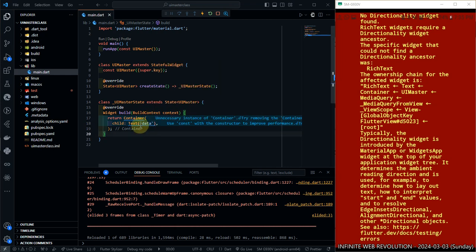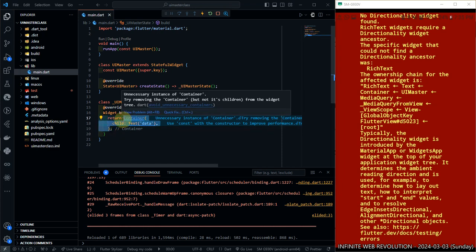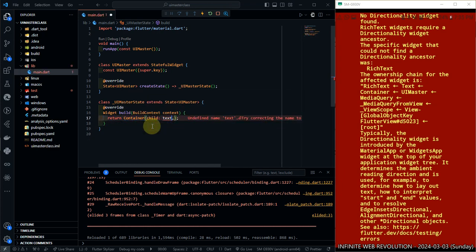Because we need a scaffold. We need to have our screen set up. Also, we need a material app. The material app is where these widgets can lay on. So I'm going to copy this widget. I'm going to cut it. Then I'm going to restore the